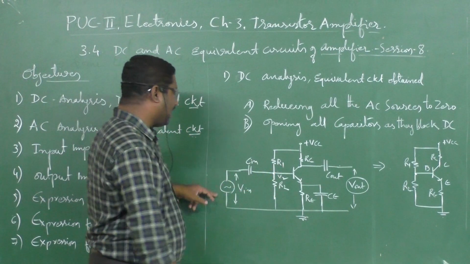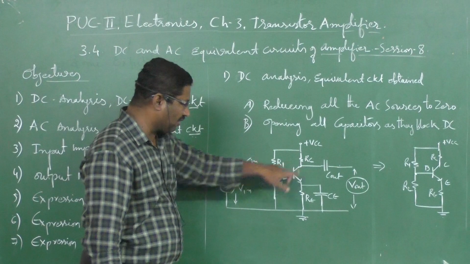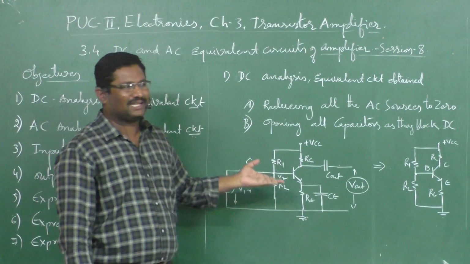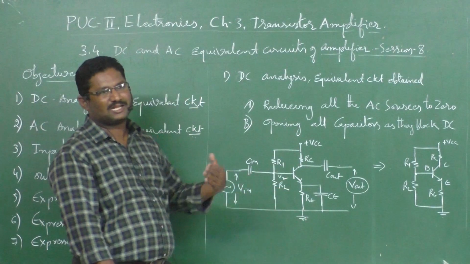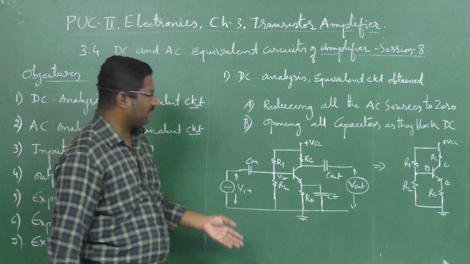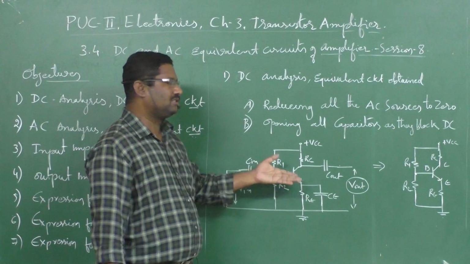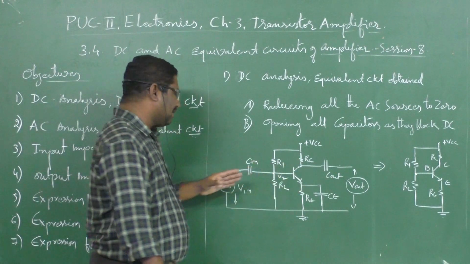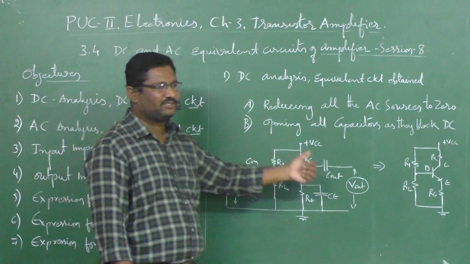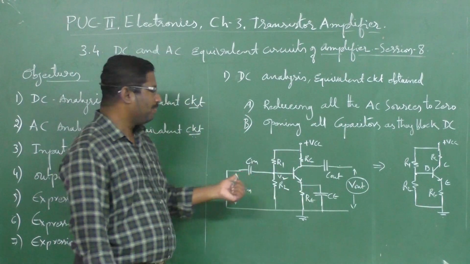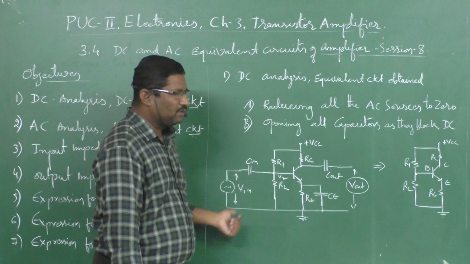And then we have the configuration. If you want it to work as a voltage amplifier, a power amplifier, a narrow frequency amplifier or a switch, that is a configuration. And then we give the input and output: the signal which has to be amplified, or the signal which has to be switched on or switched off. That is the input and output.